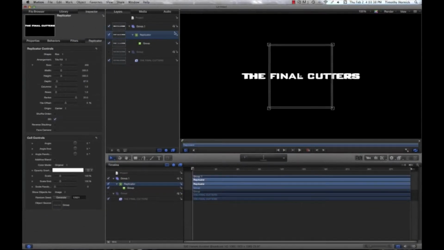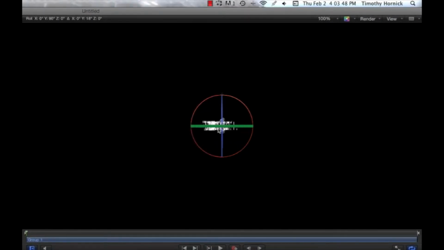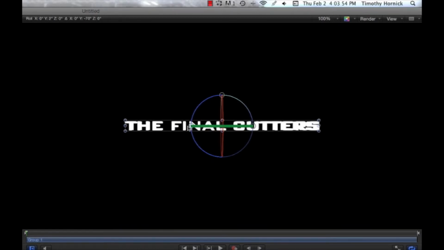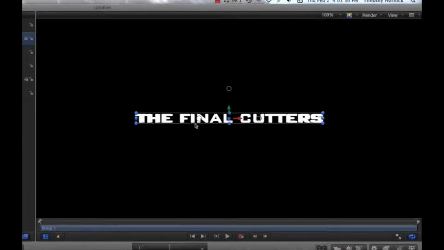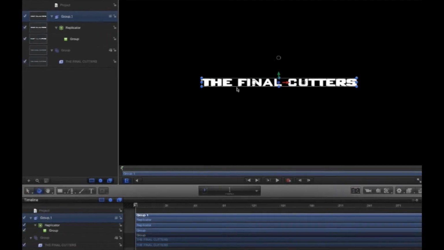The only issue is that when you move the text, you can still see the layers if you look at it from the direct side. So you just want to keep that in mind whenever you're using three-dimensional text with Replicator. Now, as you can see, while it does appear to have some depth, it's still kind of difficult to make